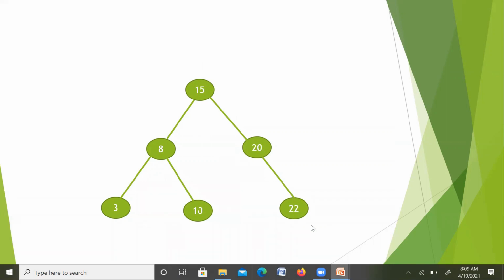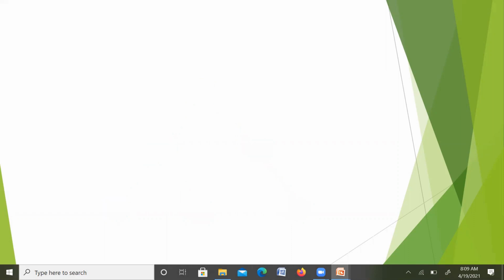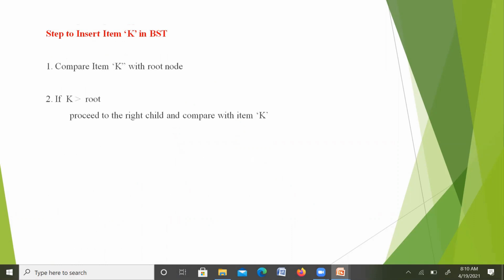There are two main operations we perform on a binary search tree: insert new data and delete data. So first we will see how to insert item K in a binary search tree. When we want to insert any item or data in a binary search tree, first we have to compare the value of that item with the root node.